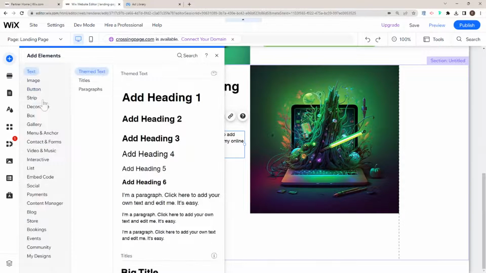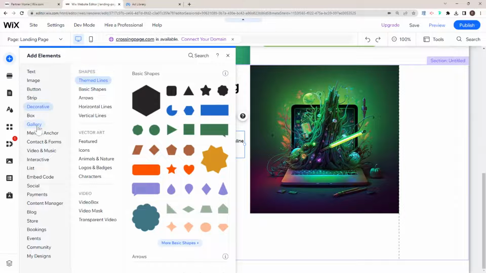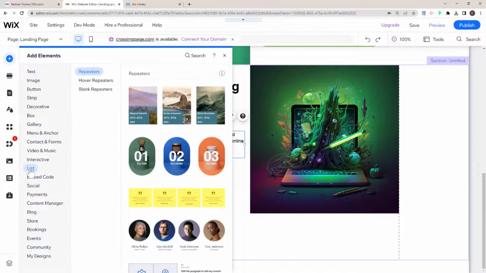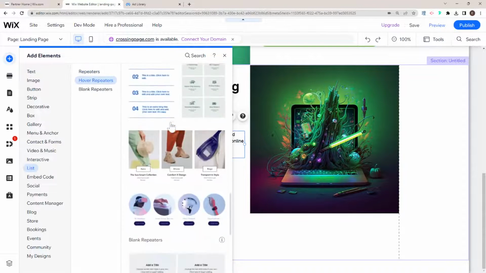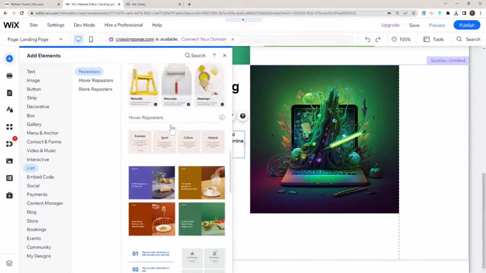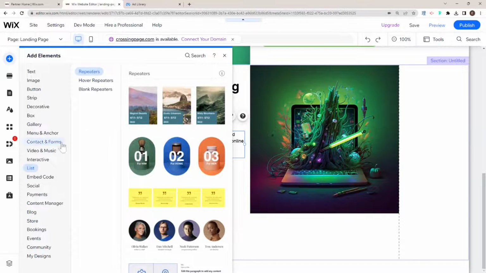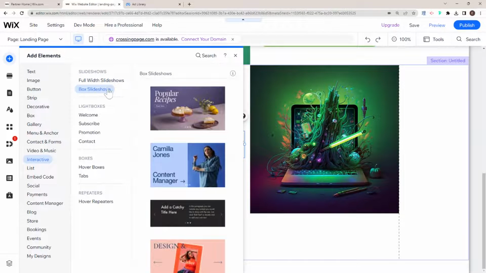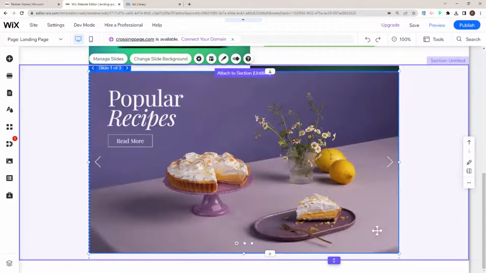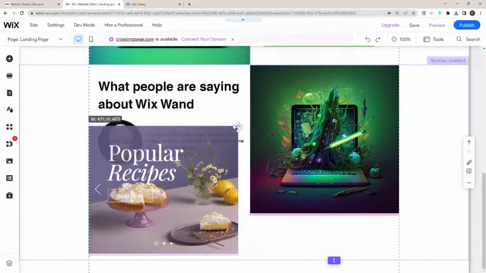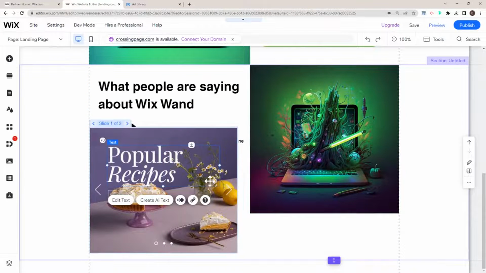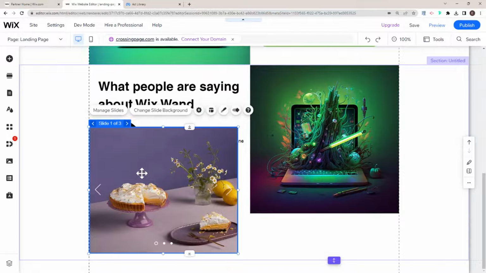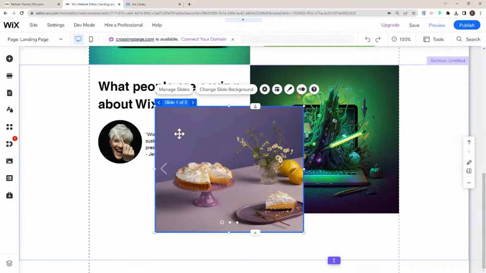Another idea might be to add like a slider. So here, if you go to list, is it not here under list? Oh, interactive. Sorry. So you can go here and put in like a slideshow, box slideshow, something like this. Make that a lot smaller. Get rid of all this stuff in the slides. And then kind of add,